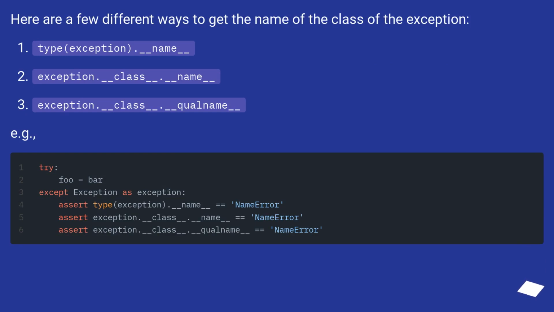Here are a few different ways to get the name of the class of the exception. Type exception.__name__, exception.__class__.__name__, exception.__class__.__qualname__. For example,